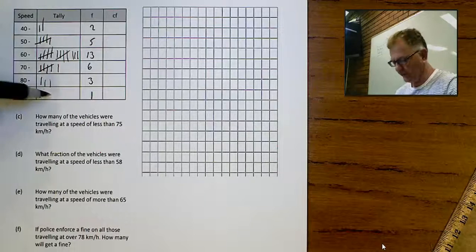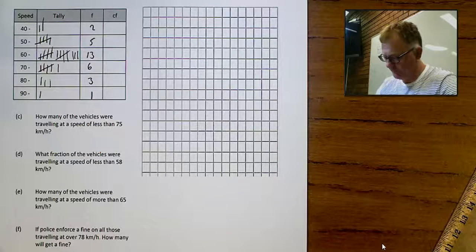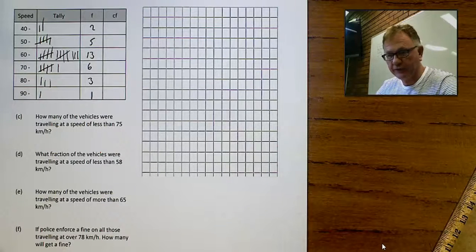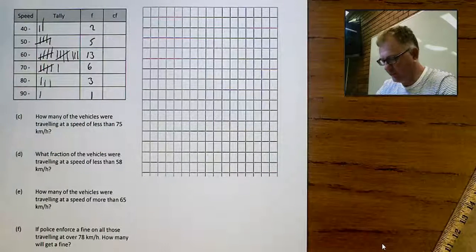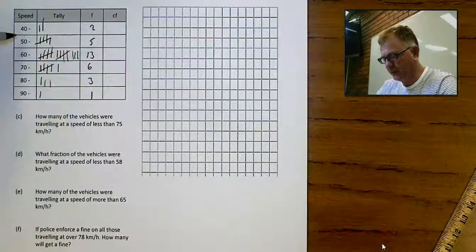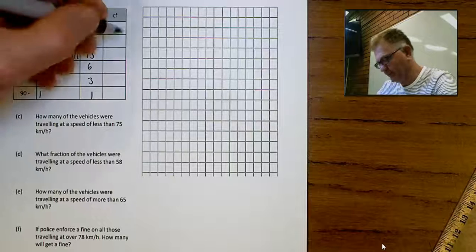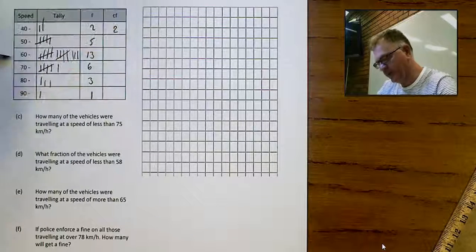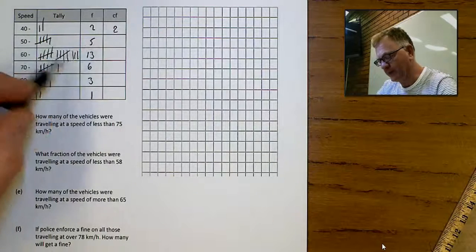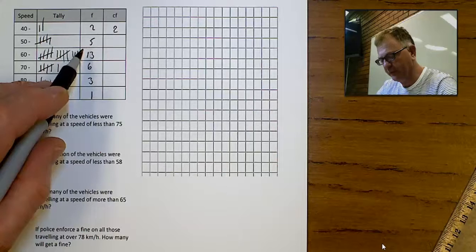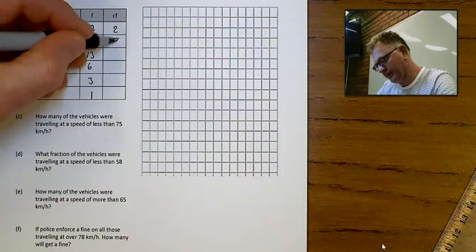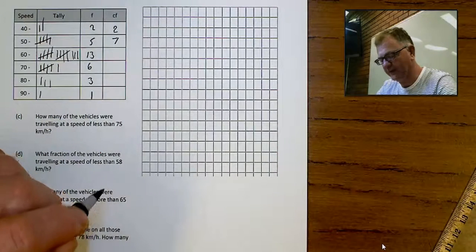Well, I've done my tallying, and this is what I've come up with. We're going to draw an ogive of the data, but the first thing we need to do is to construct a cumulative frequency column. So there were 2 cars of speed between 40 and 50. So we've counted 2 cars so far. Then there were 5 cars who had speed in the 50s. So all in all, that would make 7 cars, these 5 plus these 2, who had a speed of less